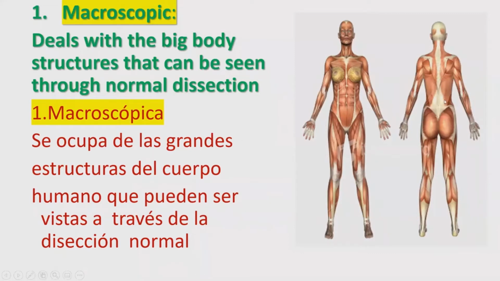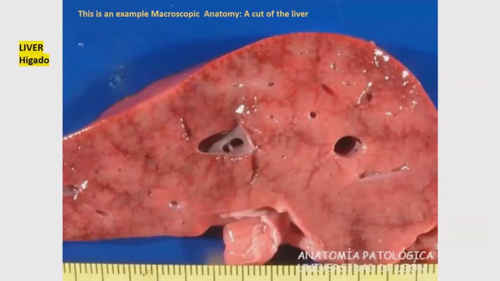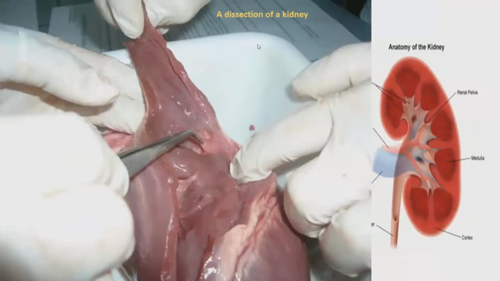Macroscopic anatomy deals with the big body structures that can be seen through normal dissection. For example, this is a cut of a liver, and this is a dissection of the kidney,